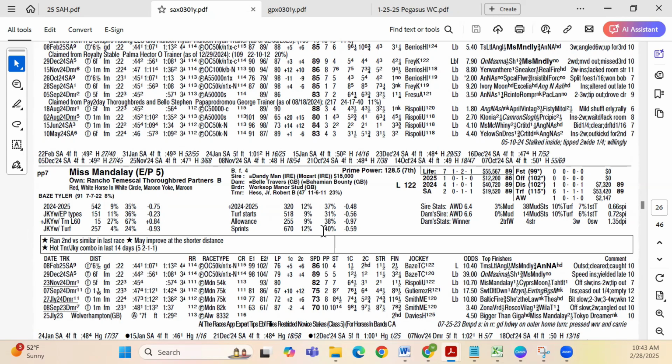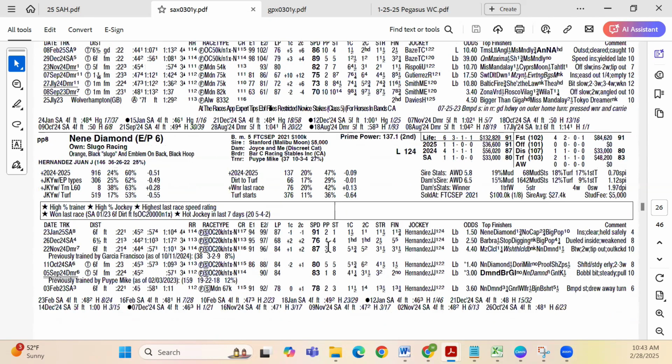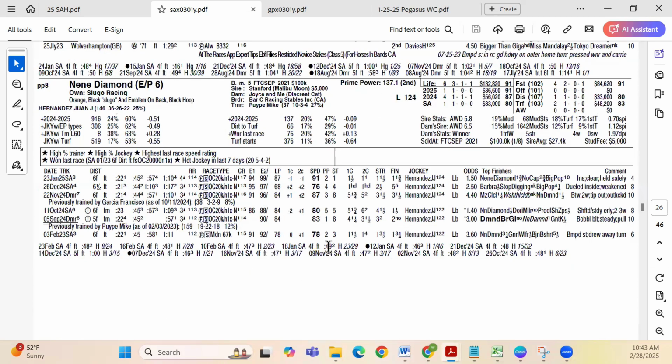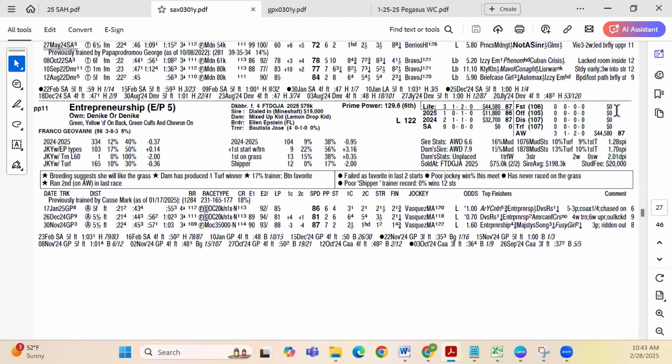Nene Diamond, the highest last race speed figures. Wired the state breds last out, but I probably won't get there. I think this one's going to be a little classier than that. Second in Prime Power though, Juan Hernandez riding. I could be very much wrong on that one. Diamond Bar Gal. I don't think I have any interest in the rest of these, so I'm just going to